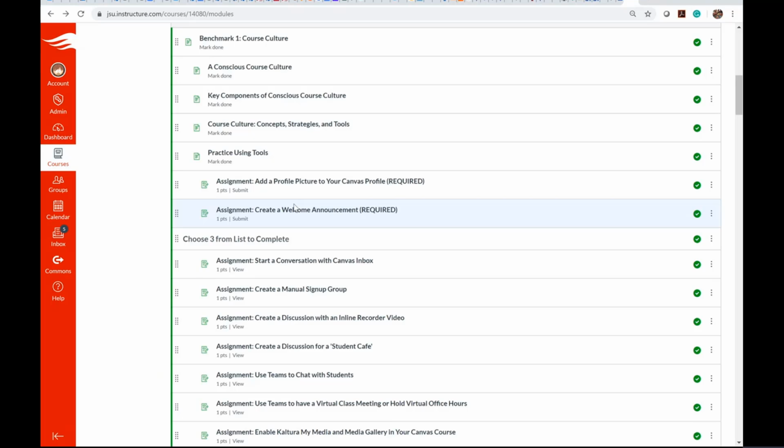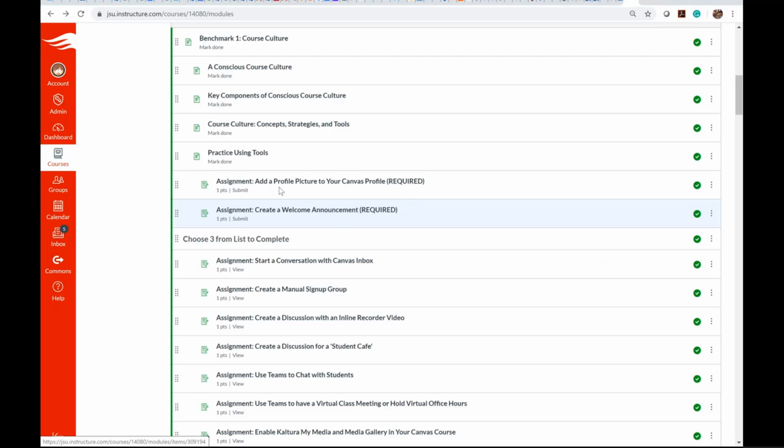Regardless of whether you use any of these activities in your course or courses, you always want to have a profile picture in Canvas, always, even though I've got a little South Park avatar of myself right here. And if you want to create one yourself, just ask and I'll show you the website where you can go and create your little goofy avatar. And you always want to have a welcome announcement in your online course. It doesn't matter what the course is, you always want a welcome announcement.